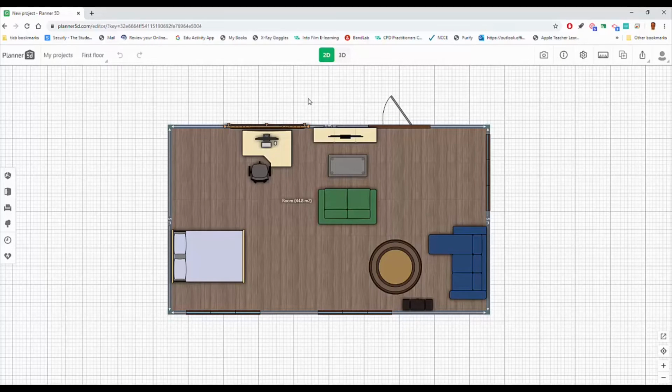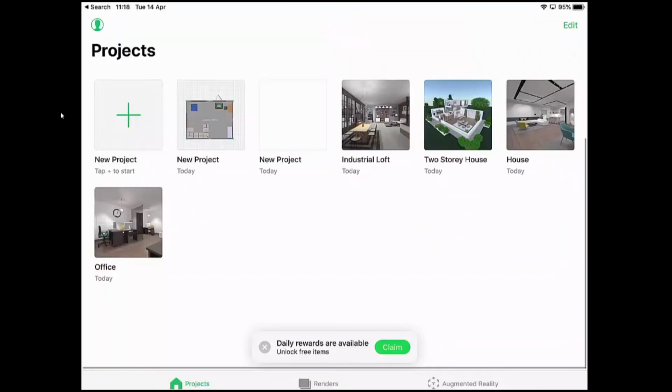So that's a quick look at how to use Planner 5D on a PC, Mac or Chromebook, and what we'll do now is we'll have a look at how you do that on a tablet. So this is how to use the free Planner 5D app on an iPad, and an Android tablet is going to be very similar too. Now, as far as I can see, unlike the web-based version, you don't need to sign in to use this,